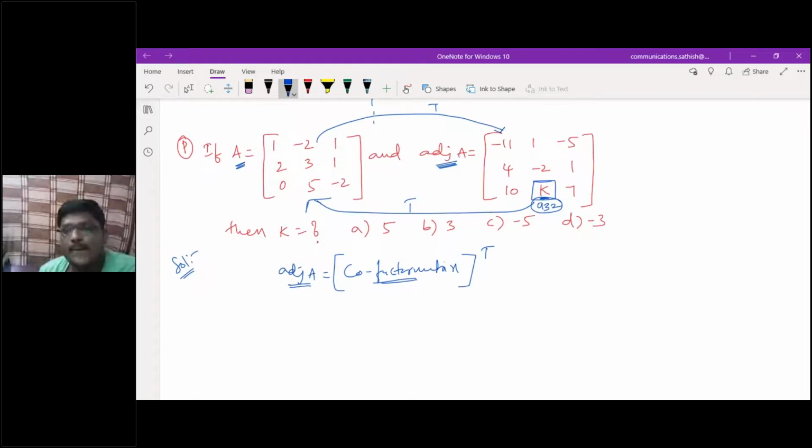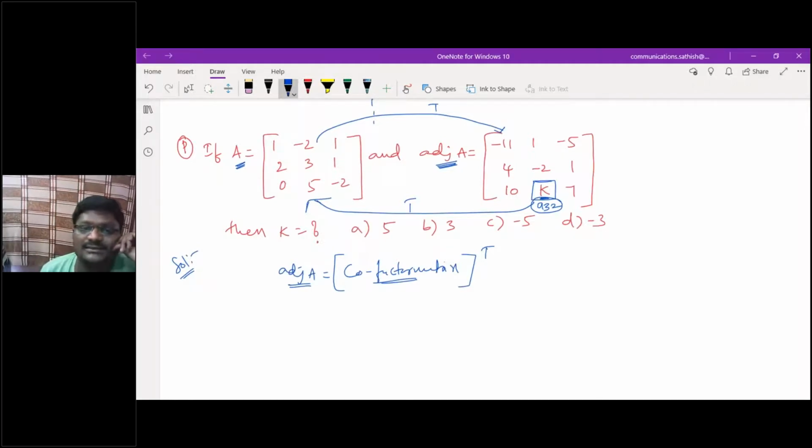Sir, can you repeat it once, sir? Yeah, listen. Usually the given matrix A is this one and the adjoint is this. How will you get the adjoint matrix? Adjoint is nothing but the transpose of the cofactor matrix, right? Transpose of the cofactor matrix is the adjoint. Am I correct? Yes, sir. For each and every element, if you calculate the cofactor of that element and then transpose, only then will you get the adjoint matrix. That is the usual procedure.